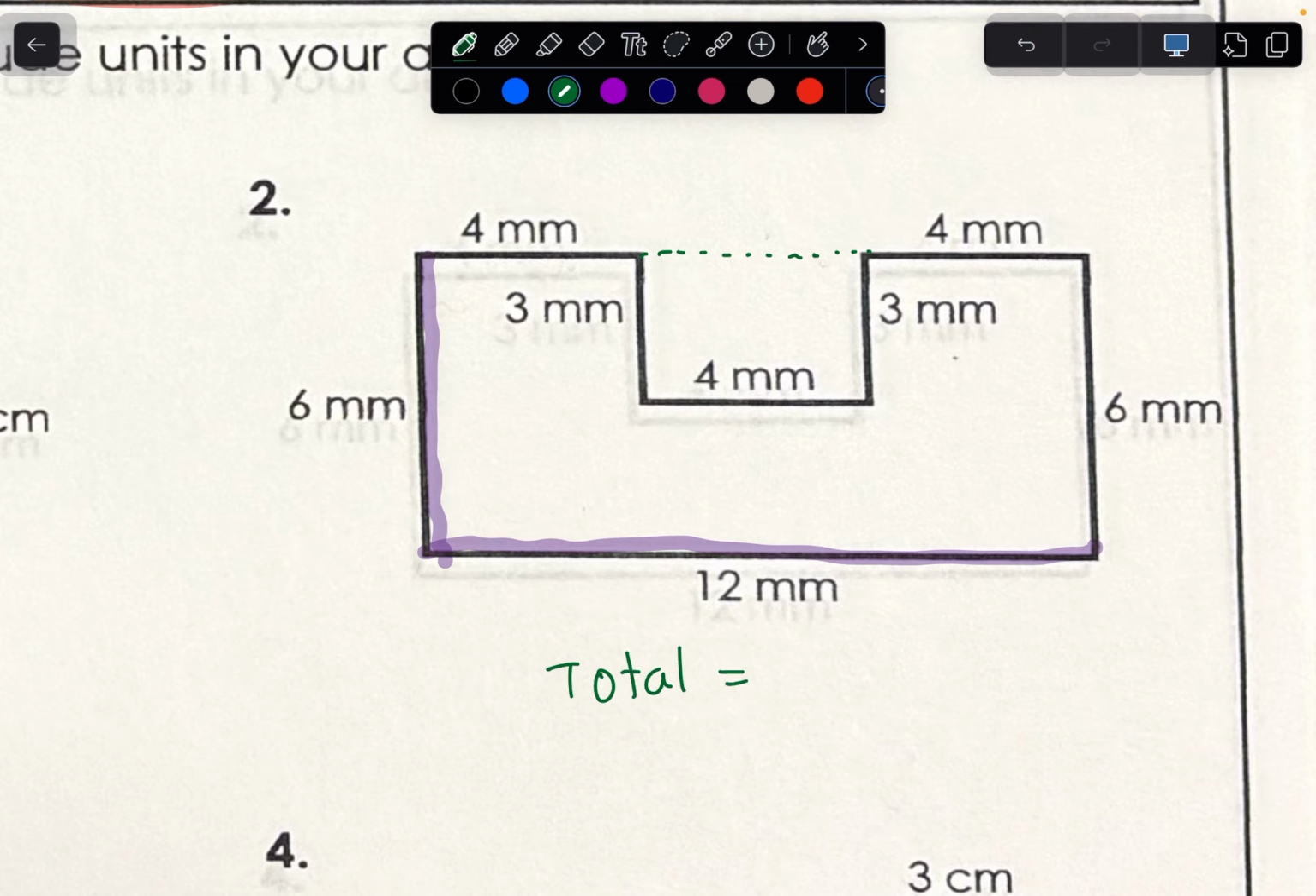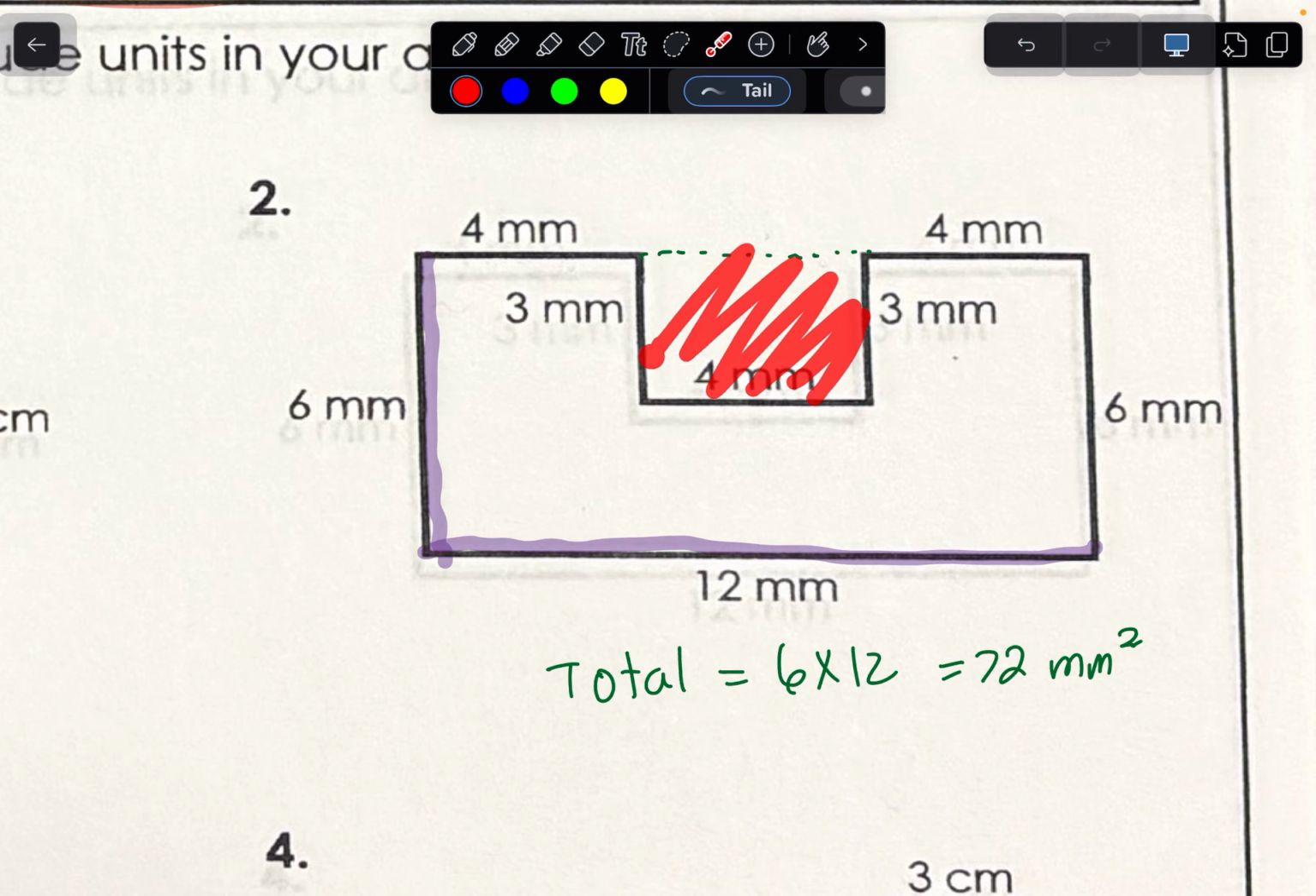6 times 12, right? Okay. So that 72 square millimeters, those are millimeters if you didn't know that. Meter is an M, and with a prefix in front of another M is millimeter. That's 72 square centimeters. If that was a rectangle that wasn't missing a section, and then what is the dimension